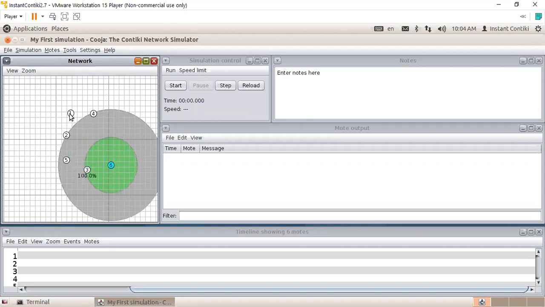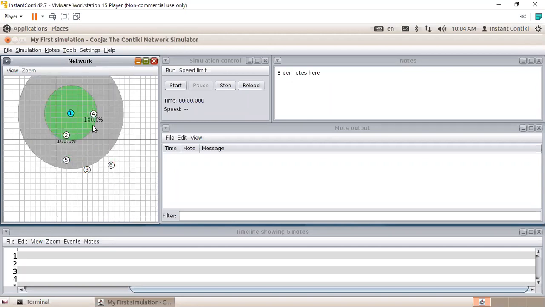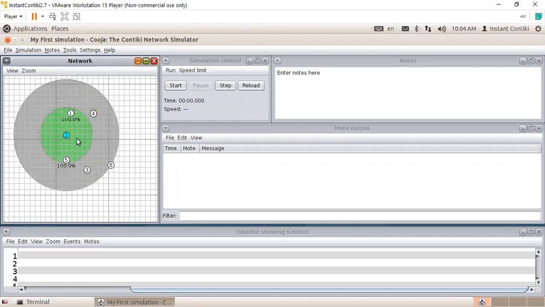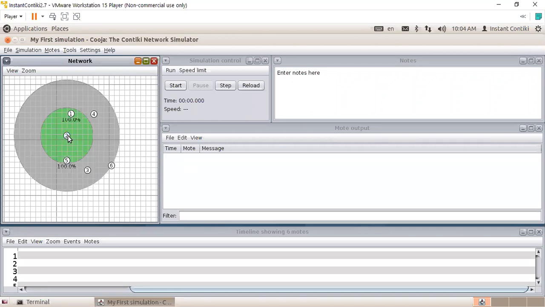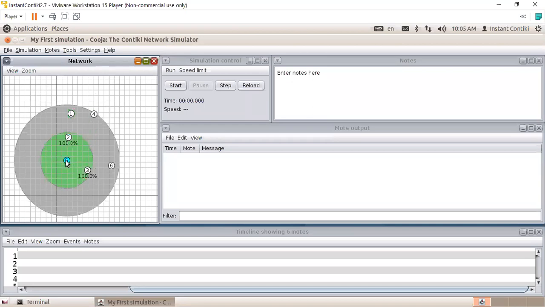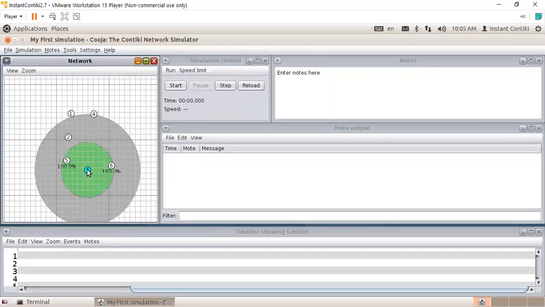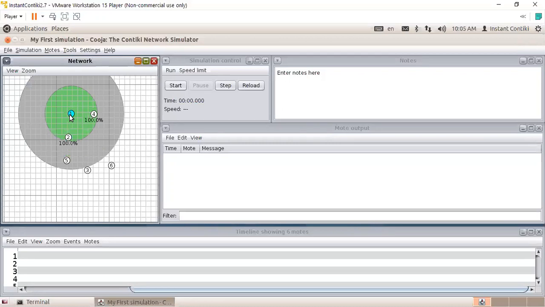and 6. So you can see 1 has two neighbors, 3 and 4, and 2 has two neighbors, 1 and 5. 5 has two neighbors, 2 and 3, and 3 has two neighbors, 5 and 6. So